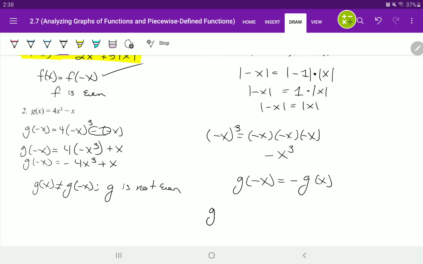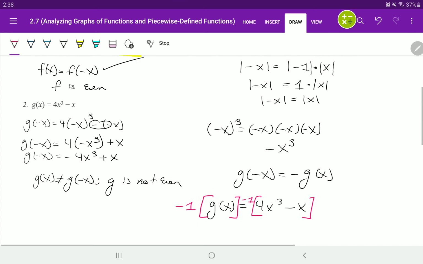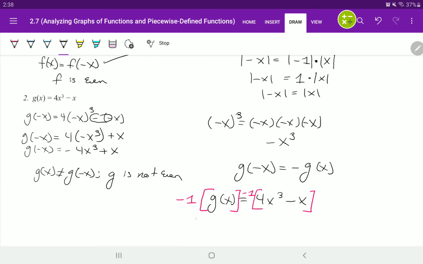So we know that g of x is equal to 4x to the third minus x. What we're going to do is multiply both sides by negative 1. When we do that, this gives us negative g of x equals, distributing the negative 1 inside the parentheses, negative 4x to the third